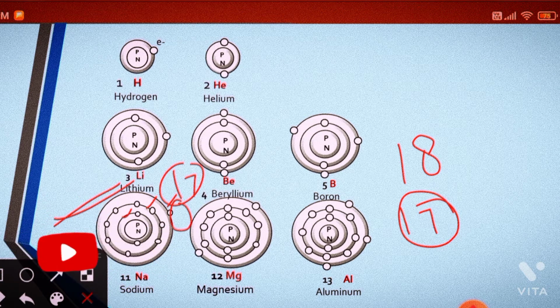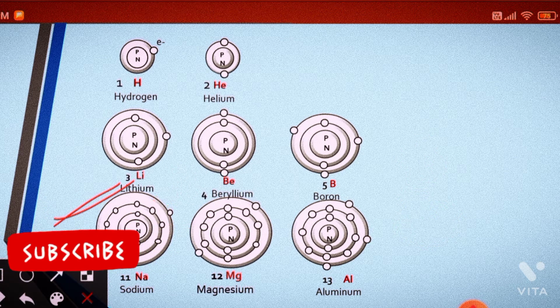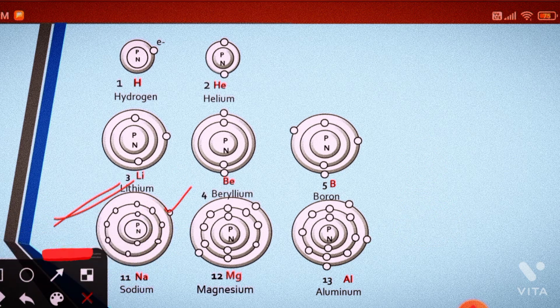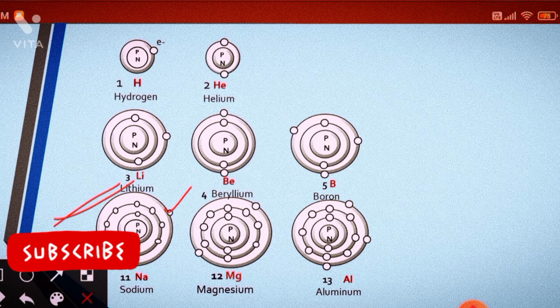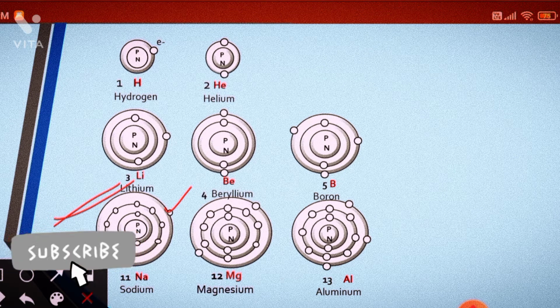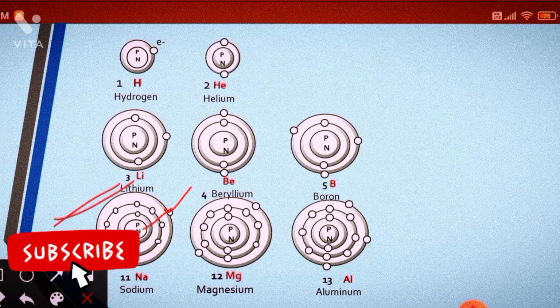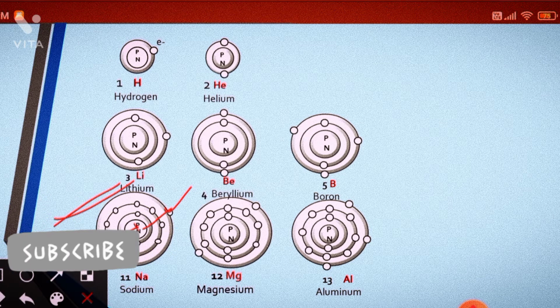So sodium will think, why should I keep this 1 electron unnecessarily in my outermost shell, because for only 1 electron it has to occupy one full shell. So that is the reason this electron will be a free electron. It is considered a localized electron, a free electron. Why? Because it is very far from the nucleus. And we know electrons are negatively charged particles and protons are positively charged particles.